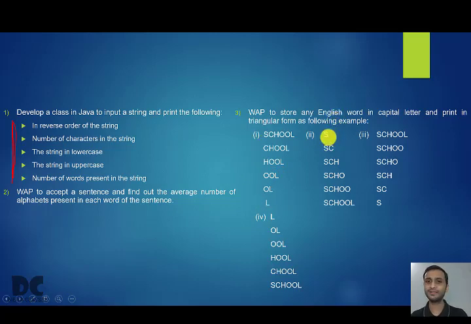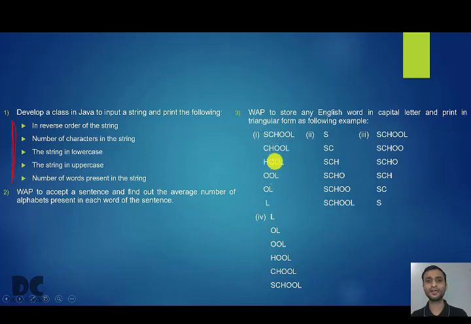We have another pattern. It is getting added. S, then C was added, then H was added to it, then O was added to it, and finally we'll have school. In the third we have another pattern, and in the fourth we have another pattern. So here actually we are going to write 4 programs. That is 3-bit 1, 3-bit 2, 3-bit 3, 3-bit 4. So first let us write for the first one. That is for this pattern.